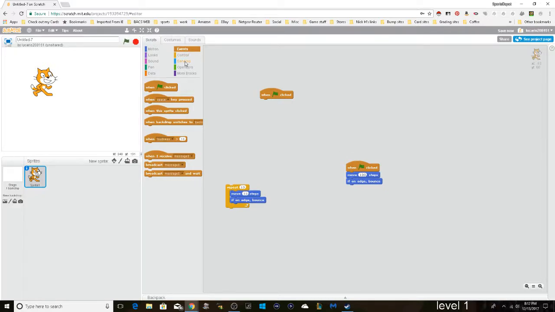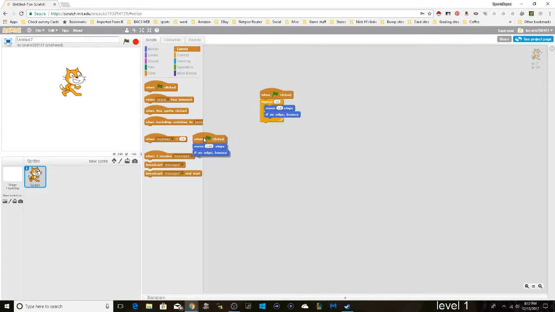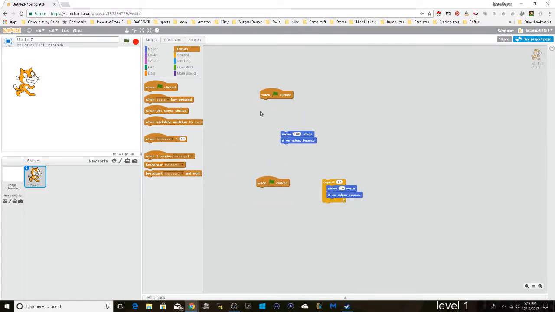Alright, so I have when flag clicked, move 100. You can see it kind of blinks around the screen. And the when flag clicked, repeat 10, move 10, he kind of glides across the screen. So, yeah, that's the difference. And let's say,